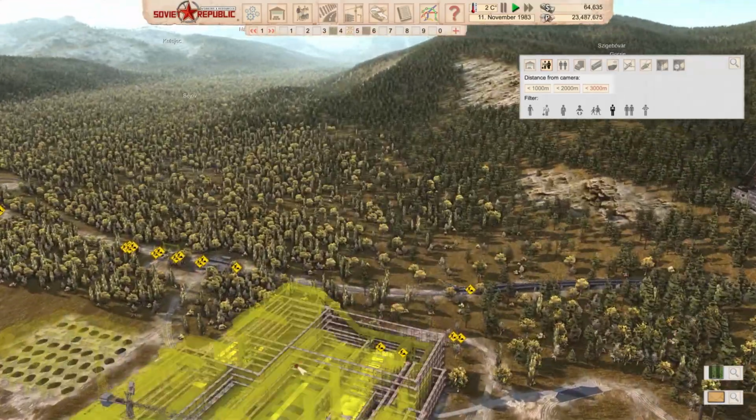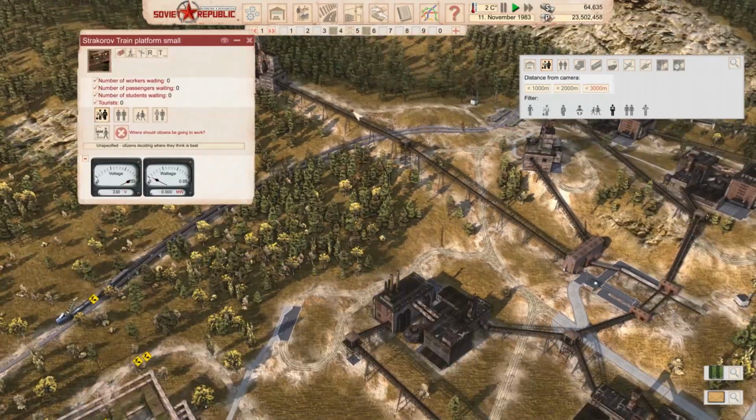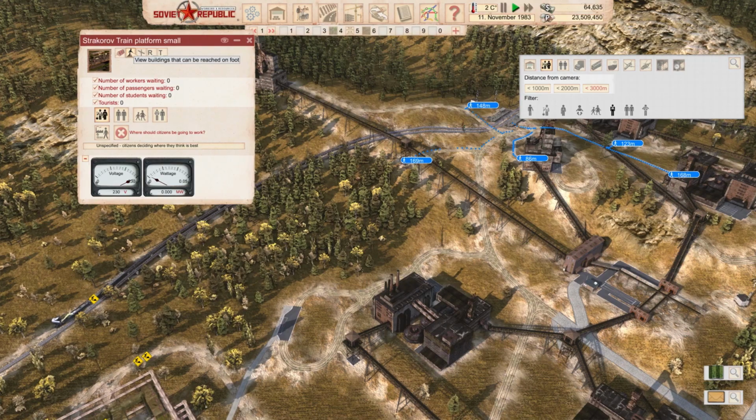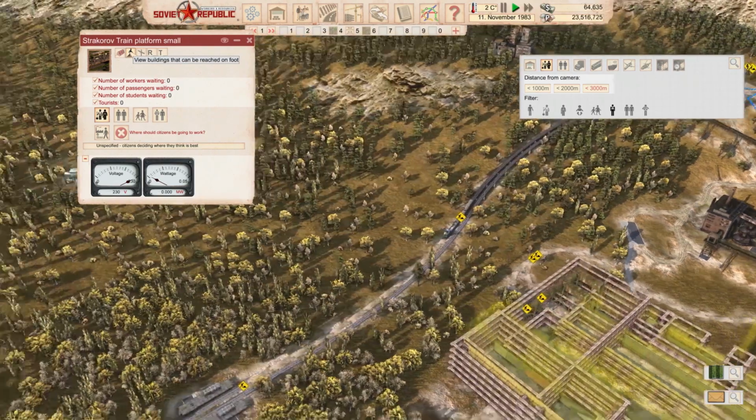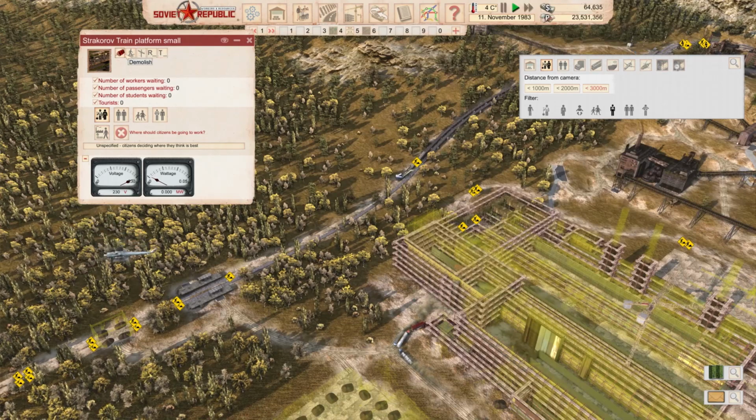If we start delivering people here, let me see. From this stop here, how much can you walk? Not much. You cannot walk to the steel mill. Okay, steel mill is gonna have to have its own train station in order to have...